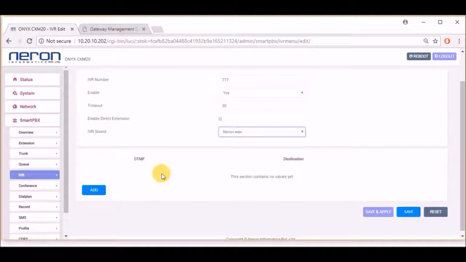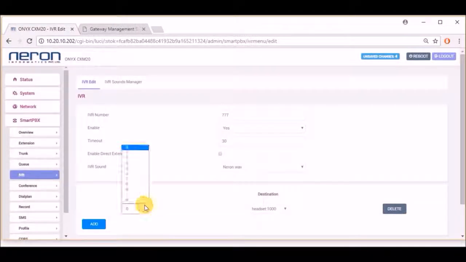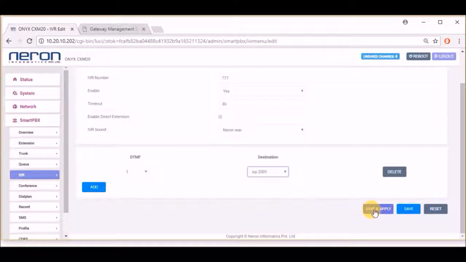But if you want to use your DTMF, like if you want the call to be routed after pressing any digit like 1, 2, 3 or 4, so you have to add here. Click on this, make it 1, and the destination will be your extension number. In my case, I'll choose the 2001 extension and save and apply.